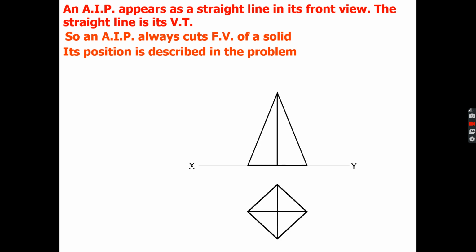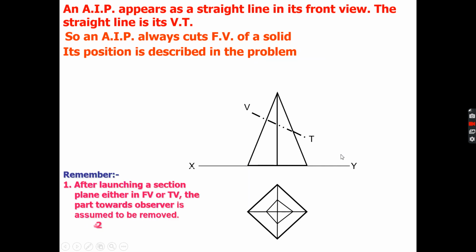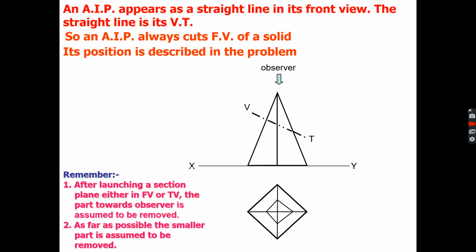Okay, so the same example problem I am taking. This is your square pyramid that is given. Now you are cutting the solid like this. So how will it look? You can see it in a top view. How it should look from the top. Okay. So it is the same thing. And which portion you are removing? Which you are looking at, looking at the object from here. So this portion will be removed. Okay.